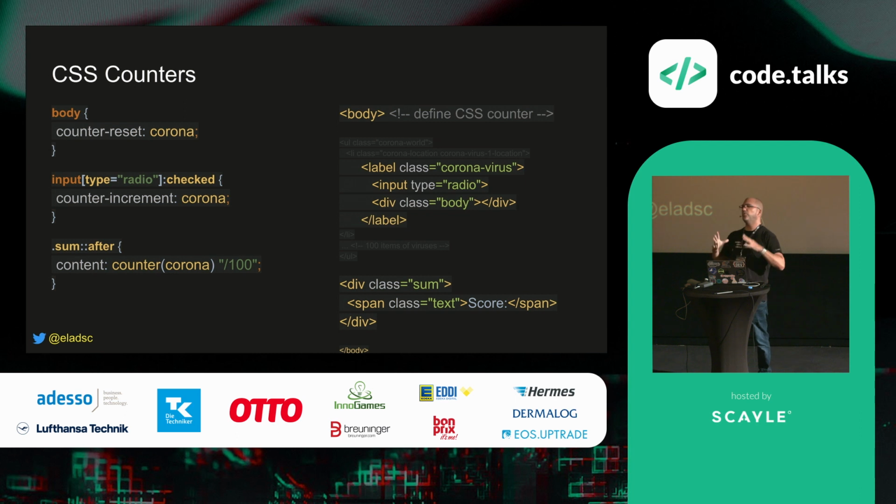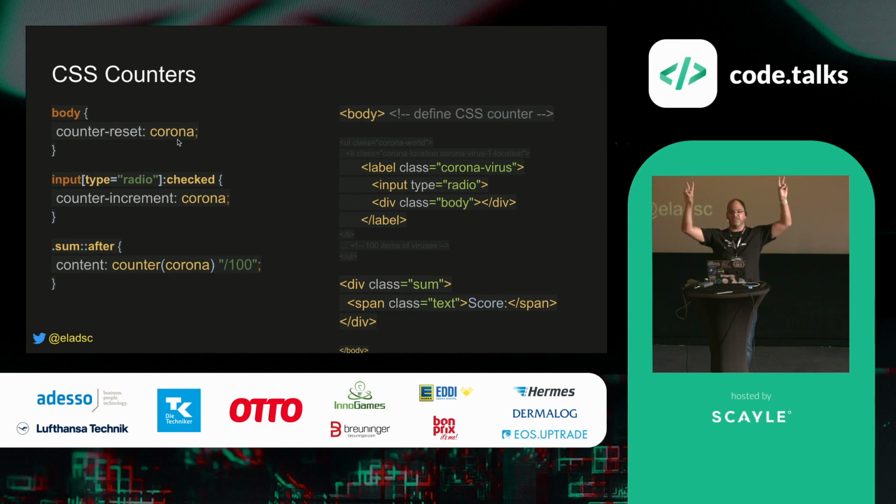To do that, I'm using a really old feature of CSS, which is called CSS counter. And in order for it to work precisely, it needs to be defined in the HTML before all the input type radios that we have in our game. To do so, the easiest place for me to create a CSS counter is on the body HTML element. How do you create a CSS counter? I'm just selecting the body HTML element, and I'm using the special property of counter-reset. This creates a new CSS counter, and I gave it the name Corona.